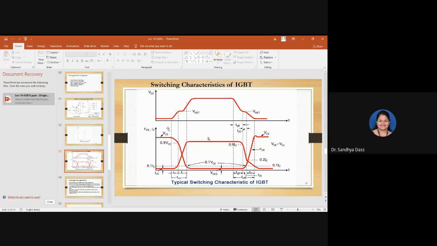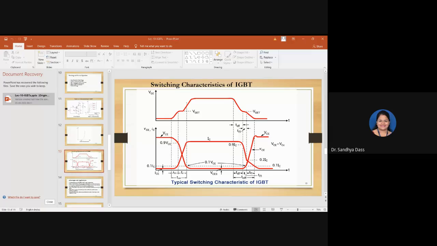Now observe the parameters there. The collector current, the collector to emitter voltage, all right? That is one plot. And in this plot, you have VGE, okay? So obviously, this is your input, and the collector current and the voltage across collector and emitter are your output parameters. Based on the input, observe how the output parameters are varying. So from that, how are you able to interpret the switching characteristics? That is what I want to know.